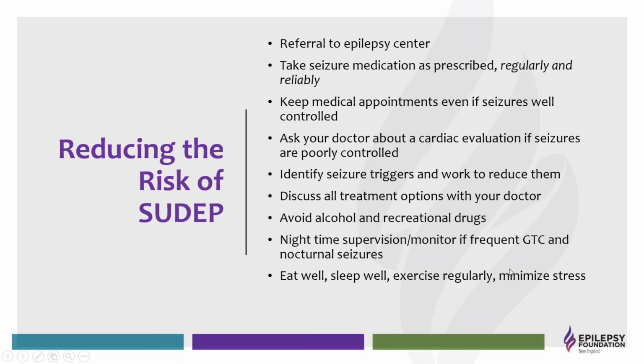And then if people do have frequent generalized tonic-clonic seizures at night, consider investing in some sort of monitor or bed alert system, supervision if you can. This is a tough one because as children grow up, having their own independence is a rite of passage. So we have to balance the risk against their emotional well-being. And it's worth a conversation to think about that stuff before you automatically put a baby monitor in a teenager's room, that type of thing.